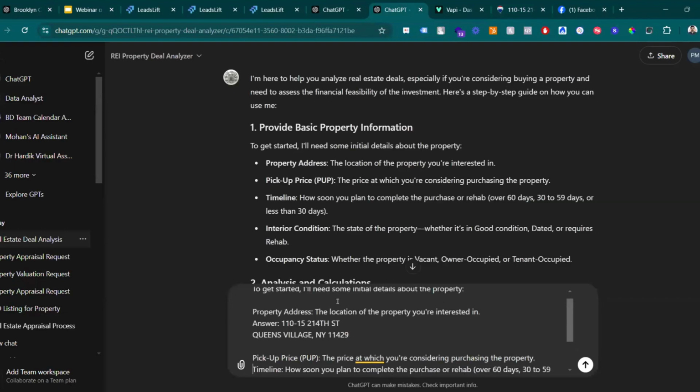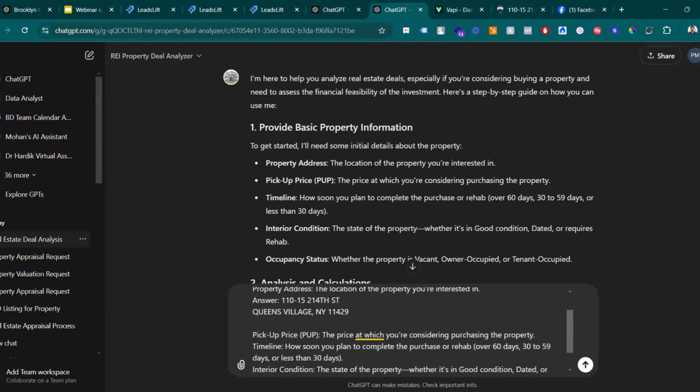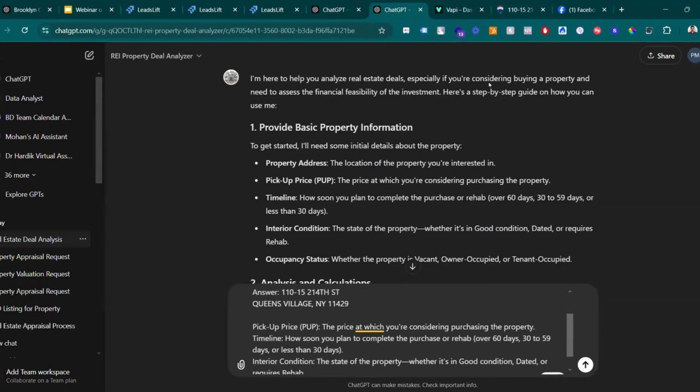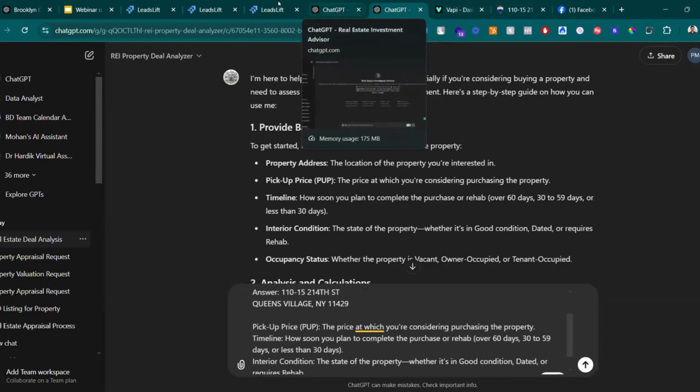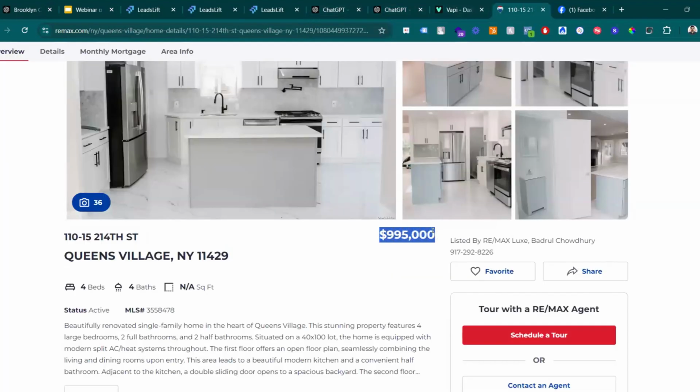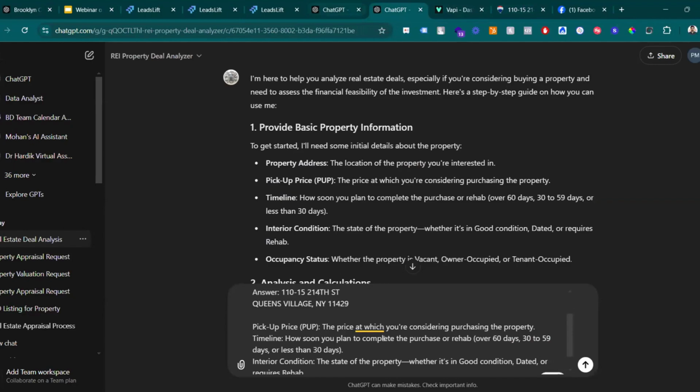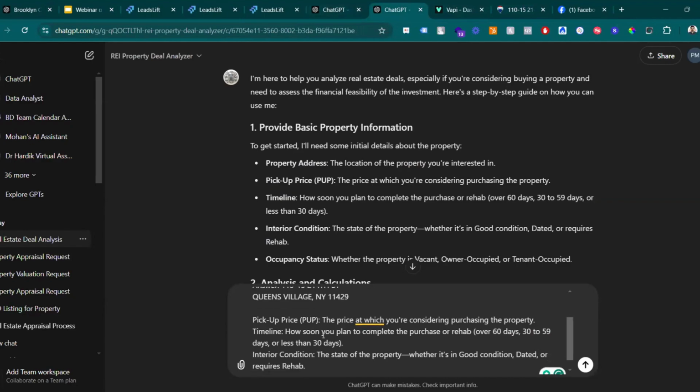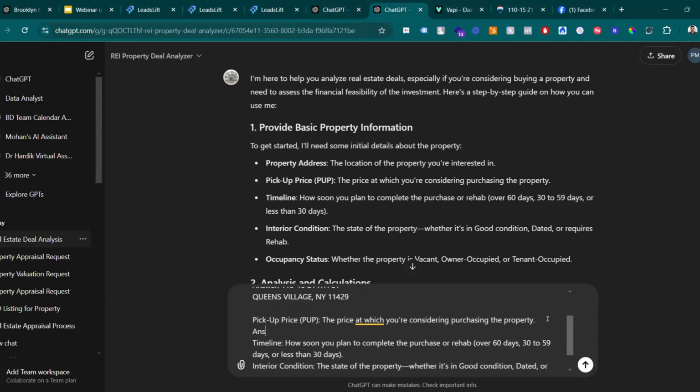Once done, what is the pickup price? The price at which you are considering purchasing the property. Currently the property is listed at $995,000, so I think I can put around $900,000 or $850,000, something like that. So let's give it 900.